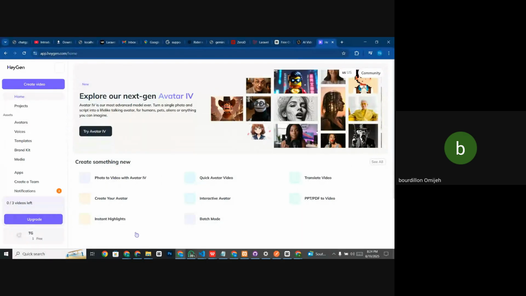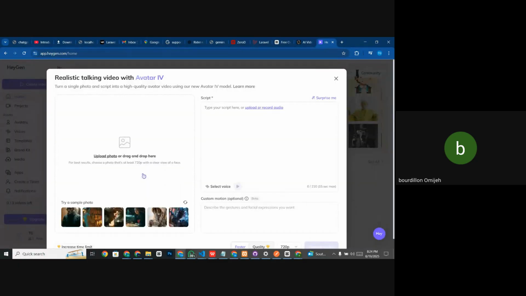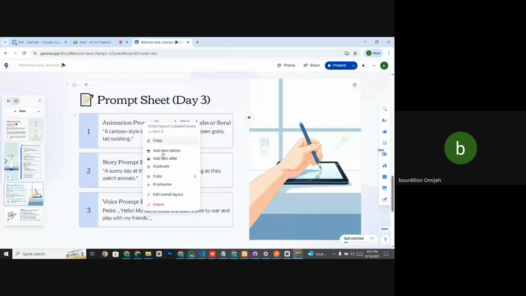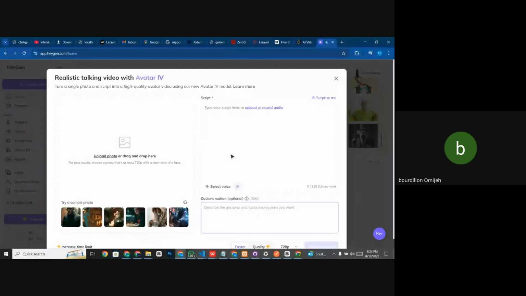Back to HeyGen. When you come to HeyGen, this photo to video with avatar VI is where you get to do your prompting. So what we needed to do was drop the image here and then type what we wanted the lion to say. We typed it here, and then when you're done typing it,